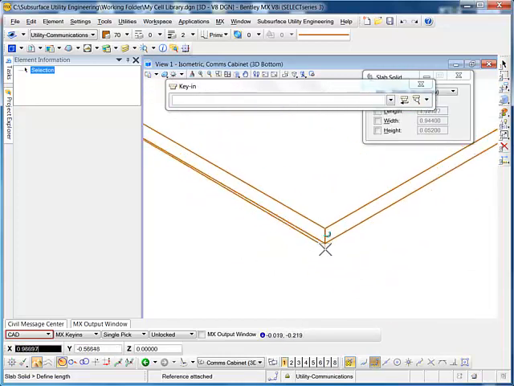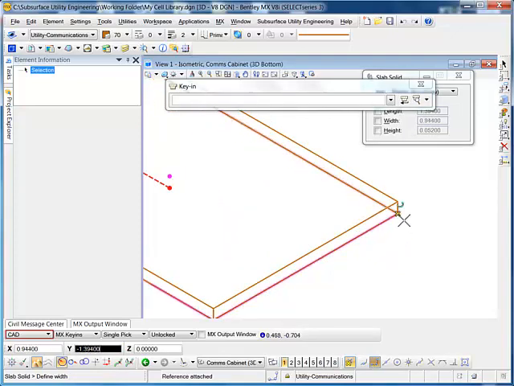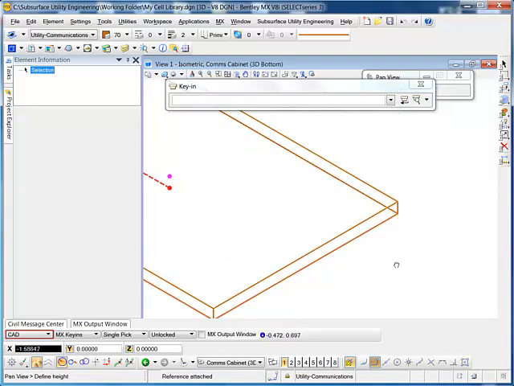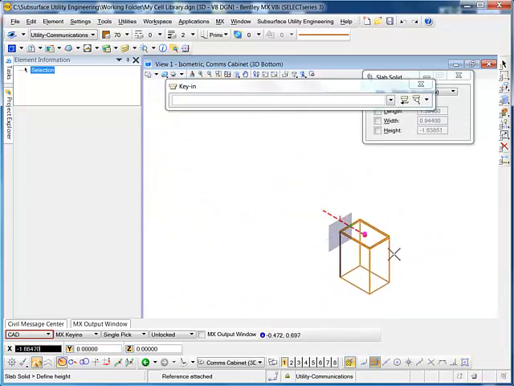So define the length, T to rotate the compass to the top view, define the width, and then the bottom of the cell, the bottom of the